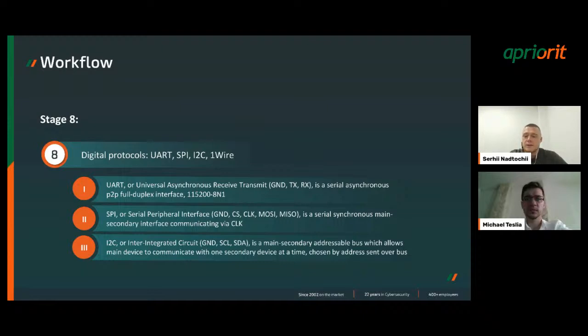But the interesting thing is that in I2C, we need to send a specific address packet to choose the device with which we want to communicate. But in SPI, you just need to pull up the chip select pin to choose the device with which you want to communicate.